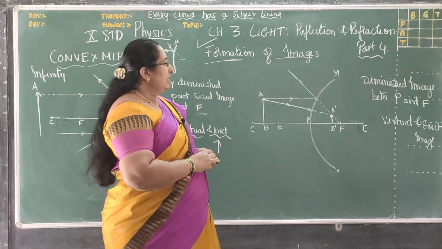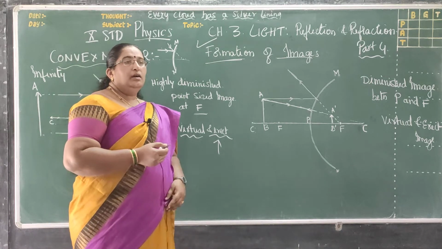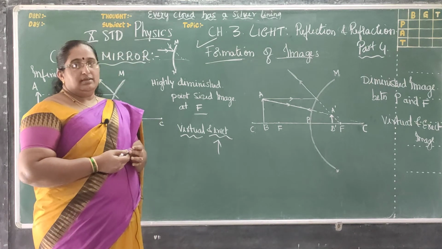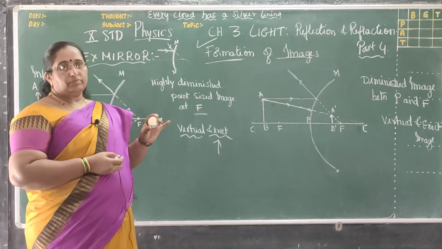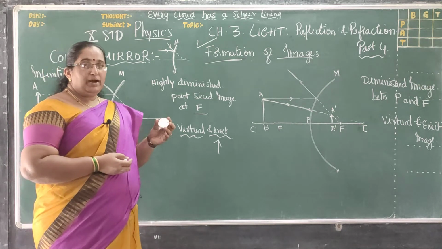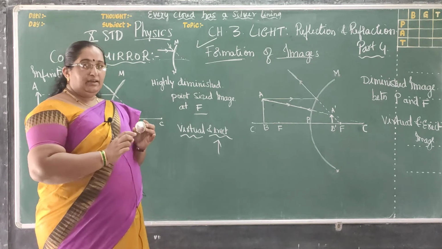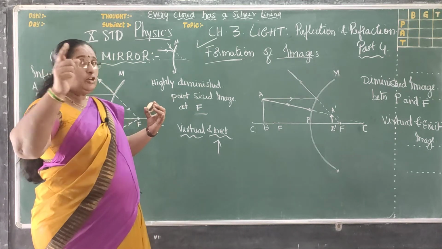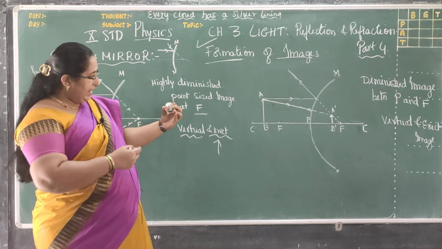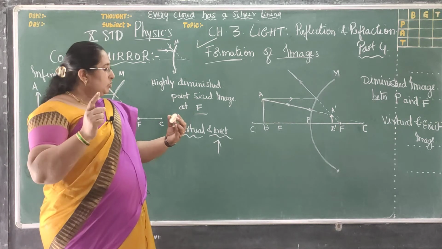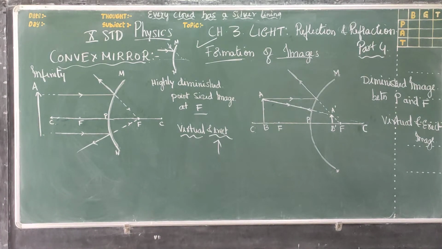So children, these convex mirrors are placed in heritage sites like monuments, where you can have a full view of the monument. Like at the Taj Mahal in Agra, they have placed a convex mirror, where if you see the image of the monument, you can get the full view. See now, I am holding this convex mirror and I am getting the full view of this classroom. So with a convex mirror you can have the full view.